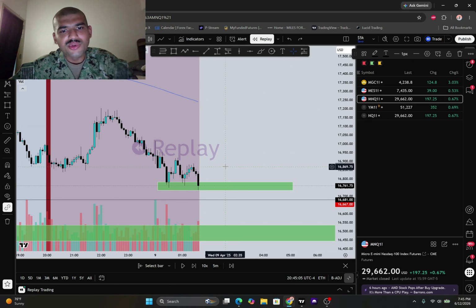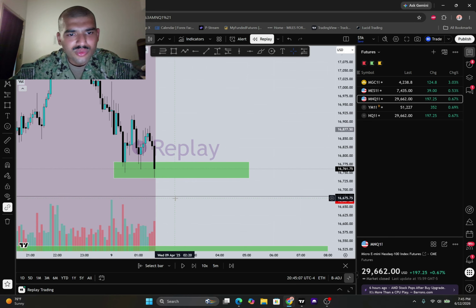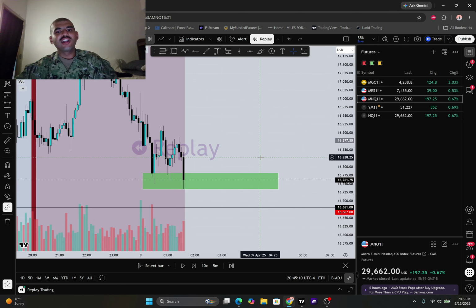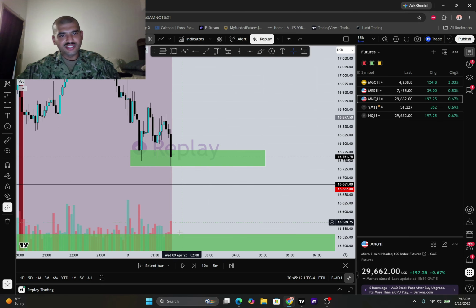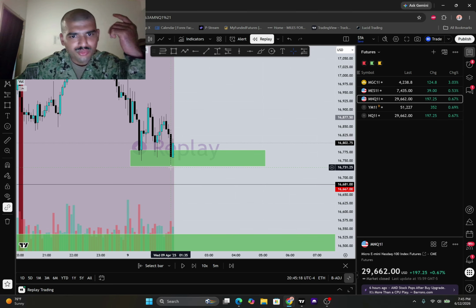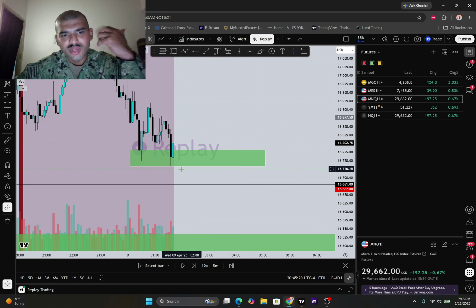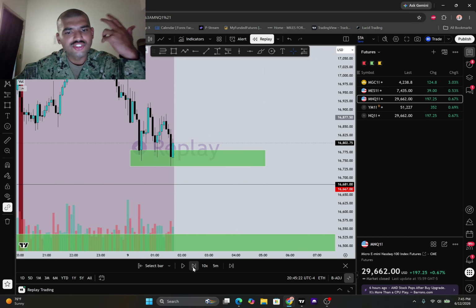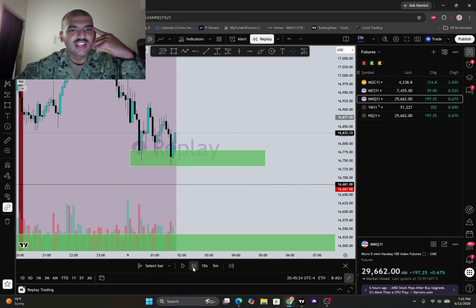We got in sales anyways right here. So if I had this marked out earlier, I would have been more cautious about it. But I wasn't cautious at all, because I would have thought like, hey, if it breaks this candle, then I would have got in. But instead of saying that, I was like, let me just jump in the trade real quick. And that was my mistake, and that's why I lost the trade.